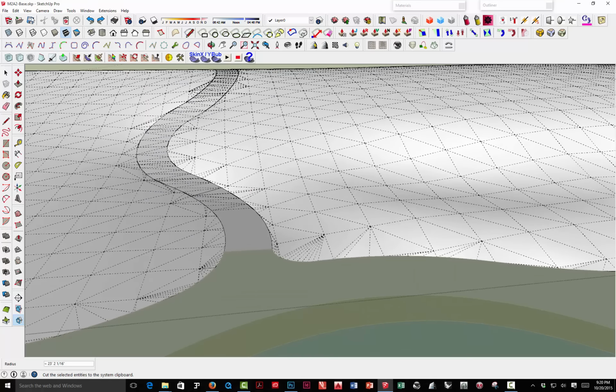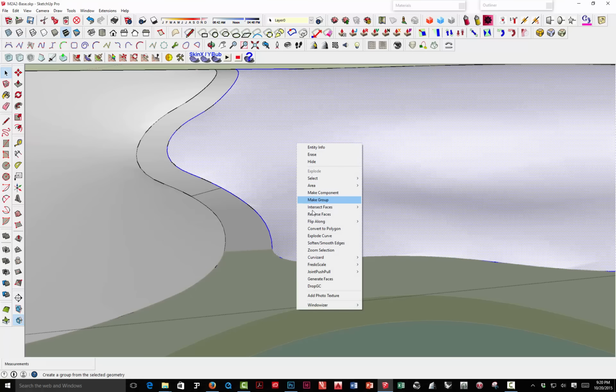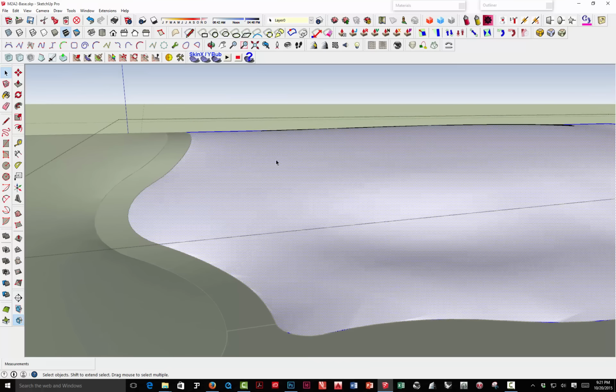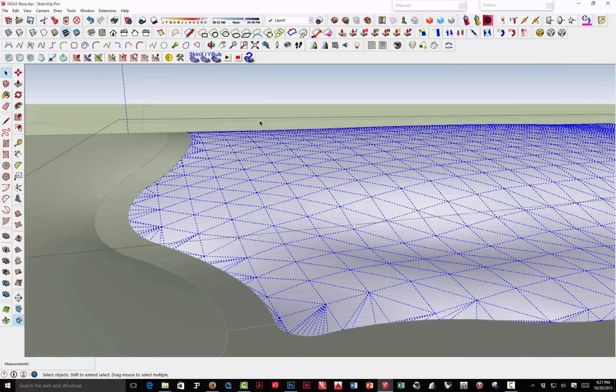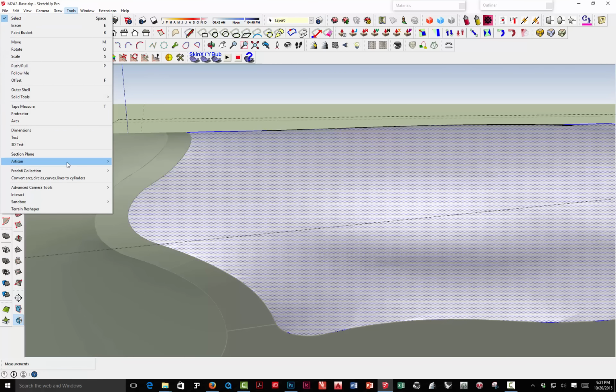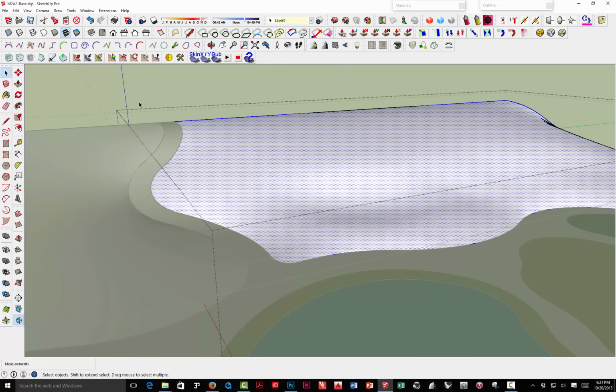So really, what I probably should do is turn this off, make the group out of it, go into the group, double click on it, go to Tools, Artisan, Crease Selection, Bounding Vertices. Okay, so now that I'm in here, now if I start manipulating this, let's go to Sculpt,